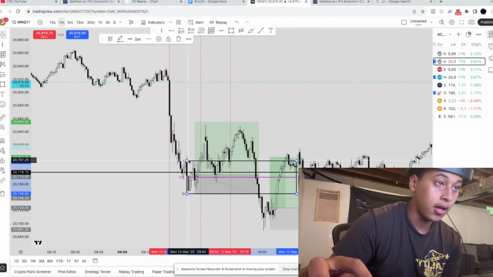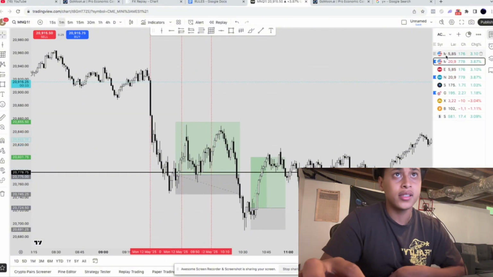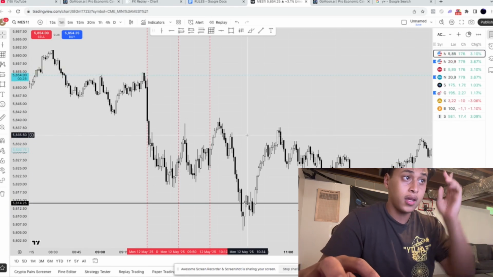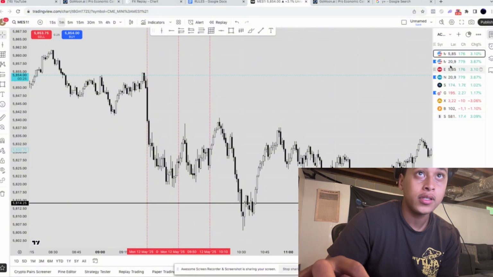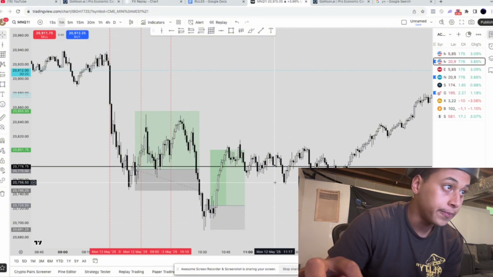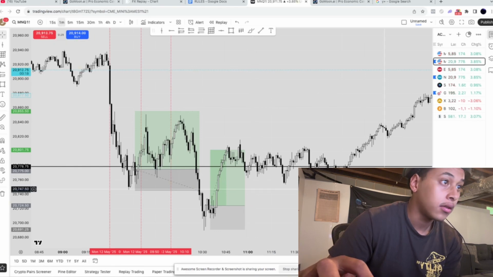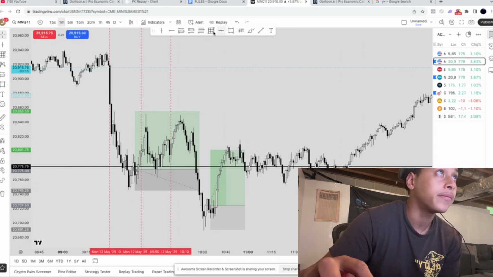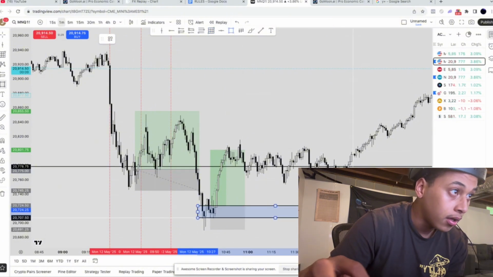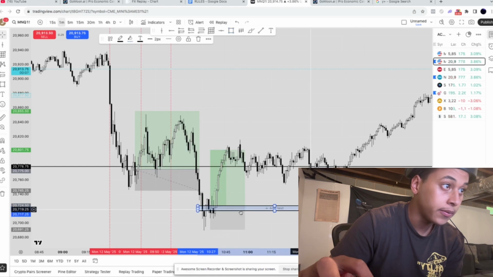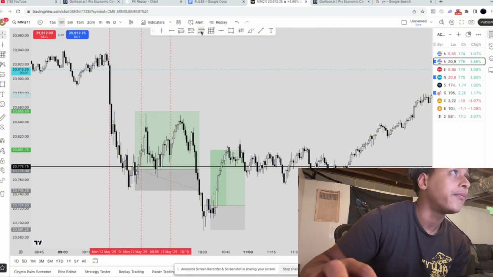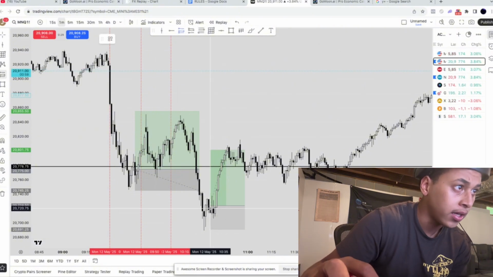And then I got stopped out after the macro because on ES we hadn't swept liquidity yet, so we still needed to sweep liquidity. And then after ES took out the liquidity sweep, I go back on NQ and I enter again after we get a break of structure. After we get a break of structure, then a retrace down, basically the same entry, but it was off of the inverse fair value gap. Right there. After we closed outside of this inverse fair value gap, I entered when we retraced back into it right here,